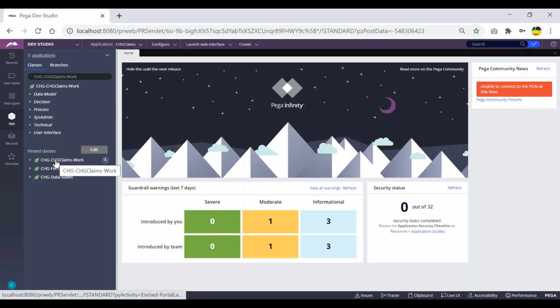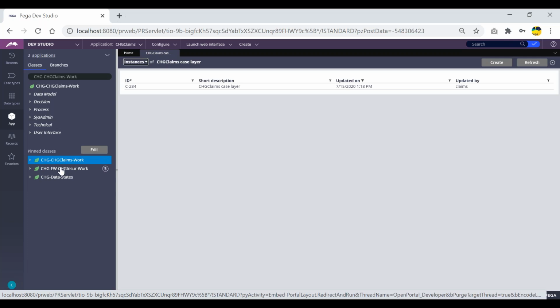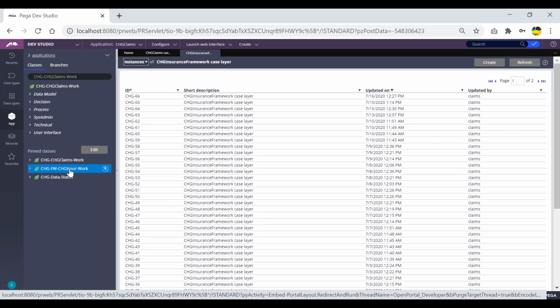Suppose I'm clicking on this one. What does PRPC have to do on clicking on this? Let me click on this. On clicking on this, PRPC has to internally generate one Obj-Browse query. So using Obj-Browse, it will pull out all the results from the database table, and it has to display them here. Here it has to go for Obj-Browse only. Why? Because it has to show multiple instances, right?